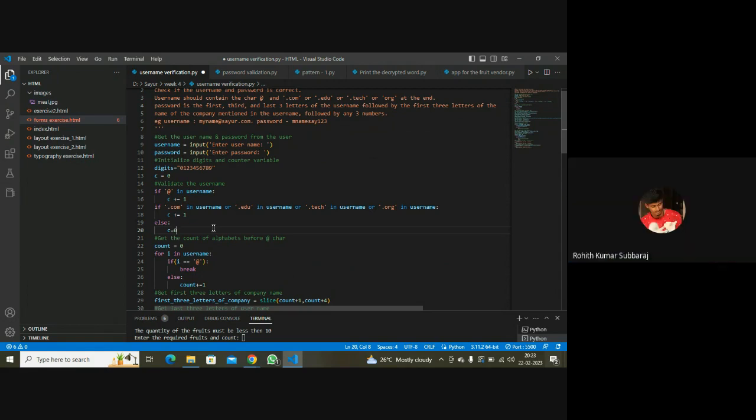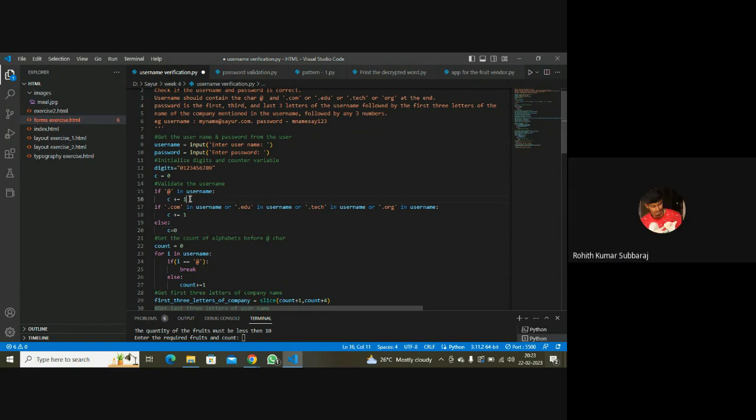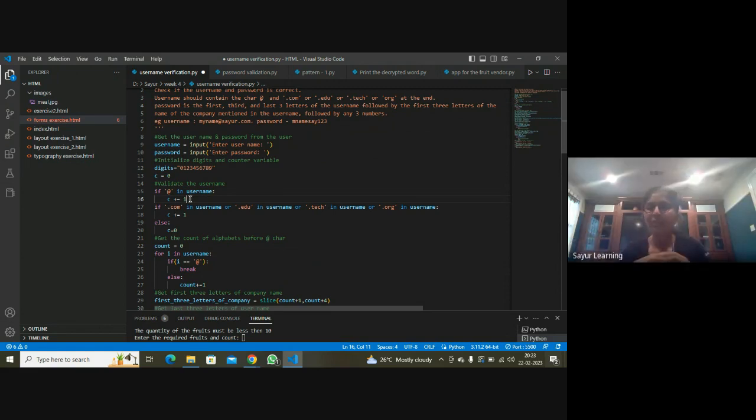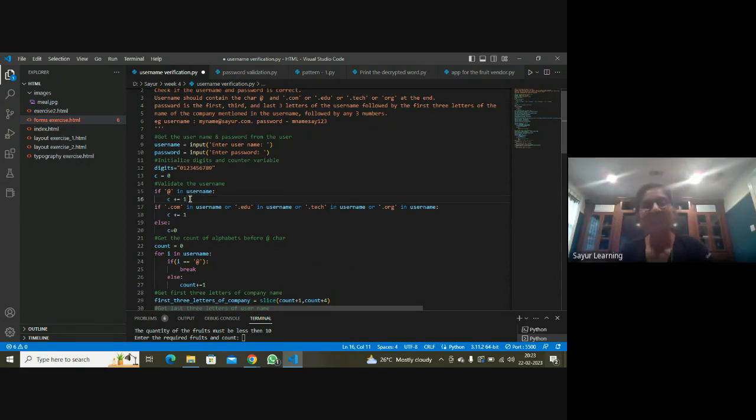Error message. Enter valid username. Yes, you have to either ask the user until there is a valid username, or just terminate the program saying this is it. I'm doing. Yes, but your code keeps on going, right?